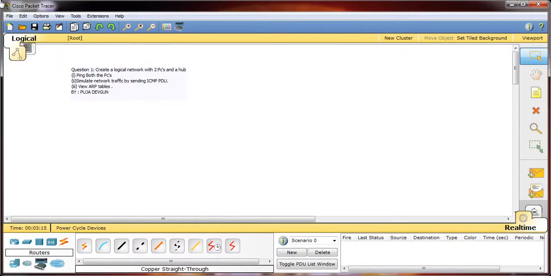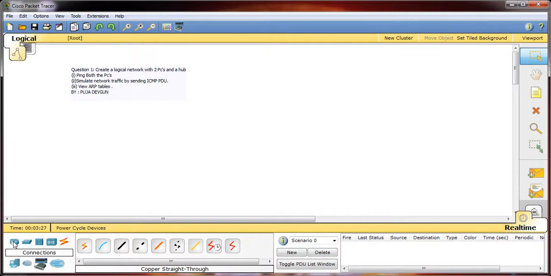Welcome to the introduction of Packet Tracer. As you can see, I have in front of me the Cisco Packet Tracer screen opened. This is the menu. These are the tools which we have. And this is in the lower corner, left side. You have the devices which you will be using to create your network. Routers, switches, hubs, along with the PCs and the connections.